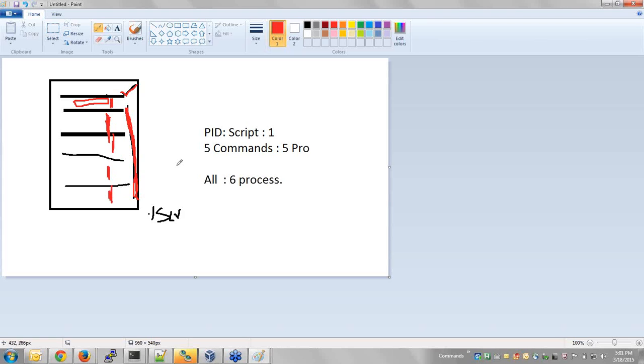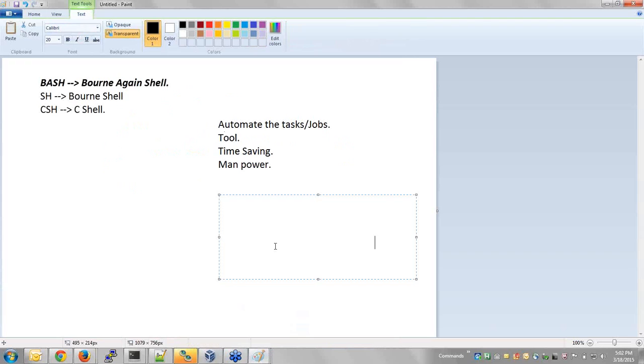Additional code is nothing but additional commands. More commands means more processes. Previously it was 5 processes, now let's say 10 to 15 processes. It is a simple logic: the time taken for 15 commands is always more than the time taken for 5 commands. So it is a little time consuming. Theoretically, yes, it is time consuming, but